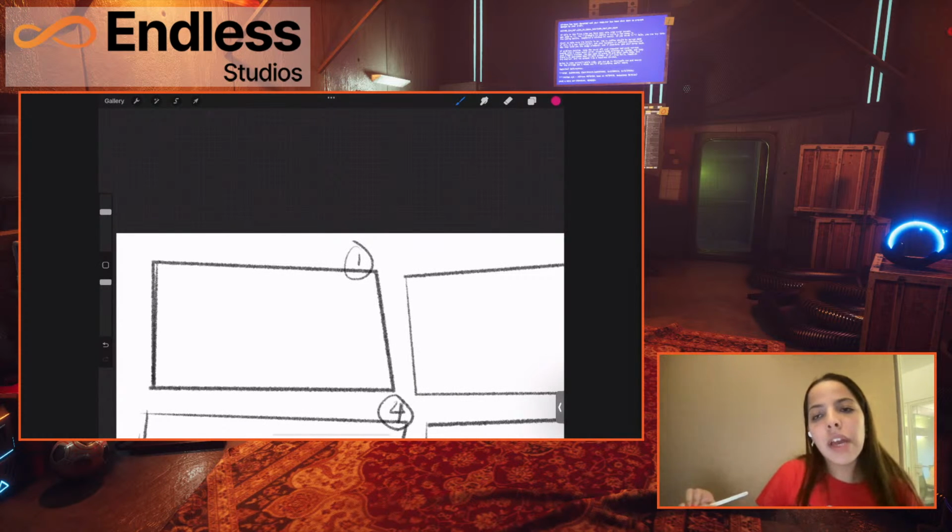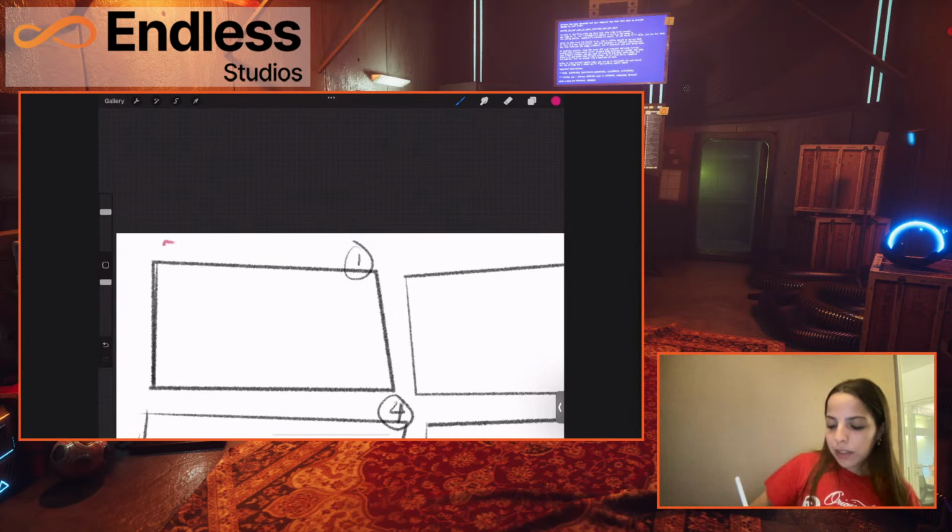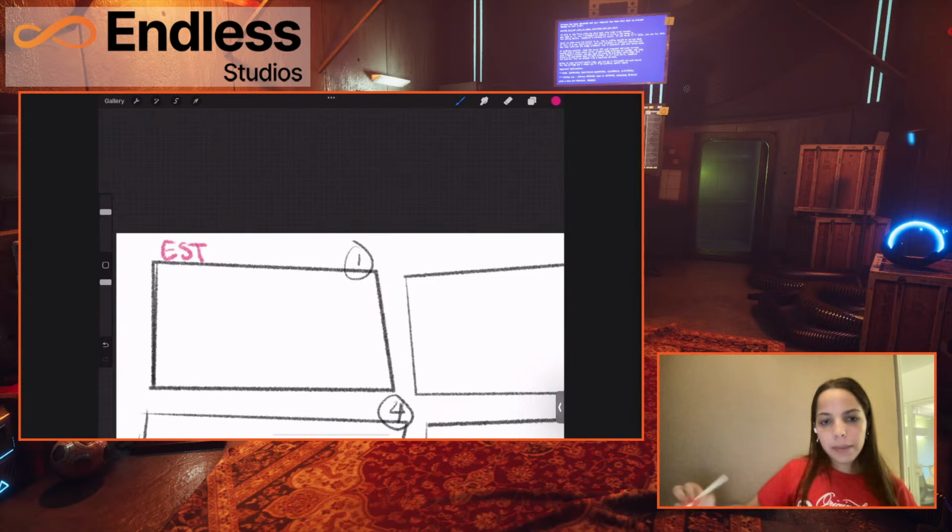You're gonna label, first of all, if it's an exterior shot or if it's interior. Since this is gonna be an establishing shot, establishing shots are usually very wide views, so it's typically gonna be exterior. So I'm gonna start with EST for establishing. And then you wanna say whether it's daytime or nighttime.